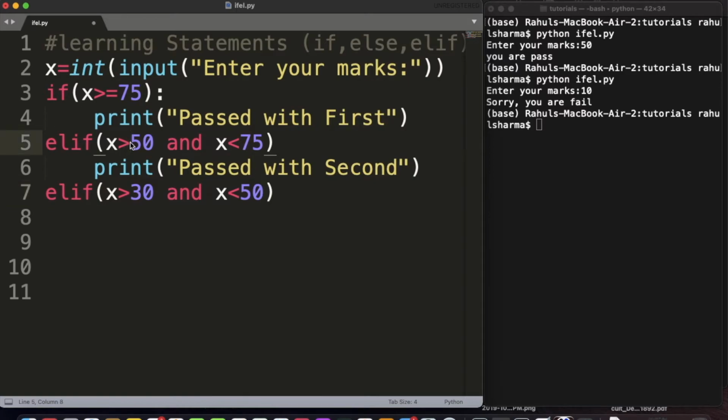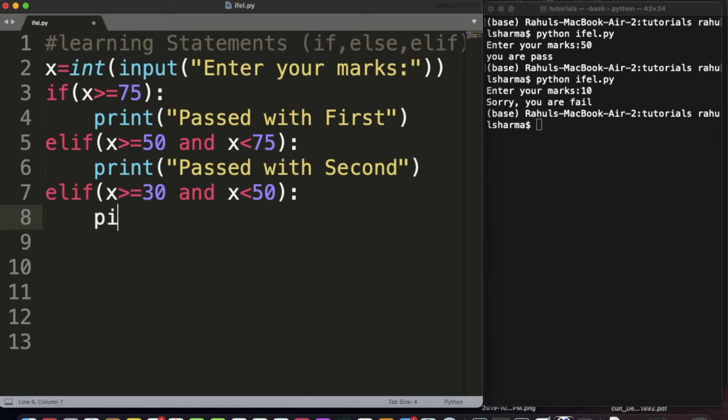I forgot to use the colon, so don't forget to use the colon.